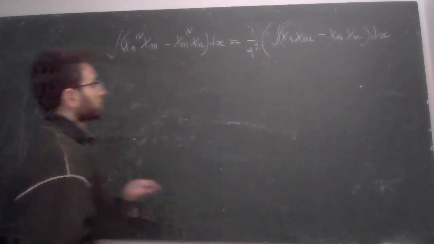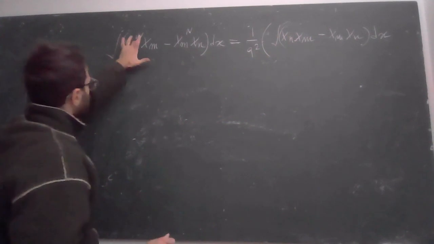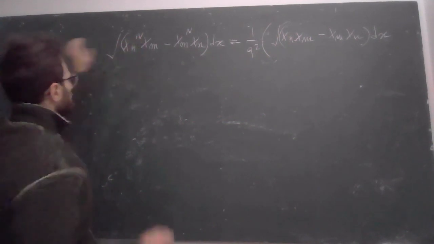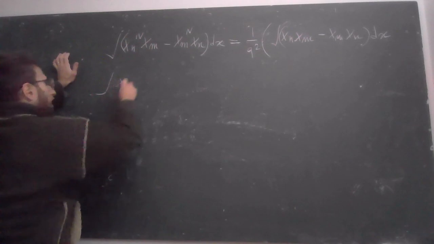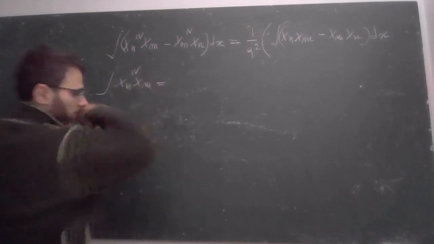Okay. If we move this derivative to this term by applying integration by parts, X_n fourth derivative times X_m can be written using the